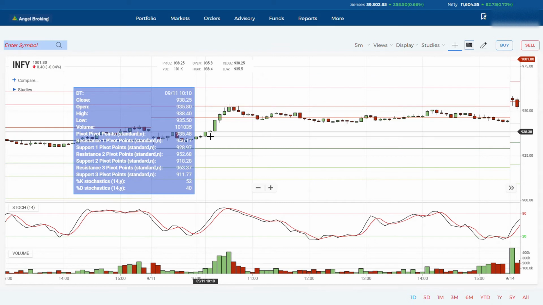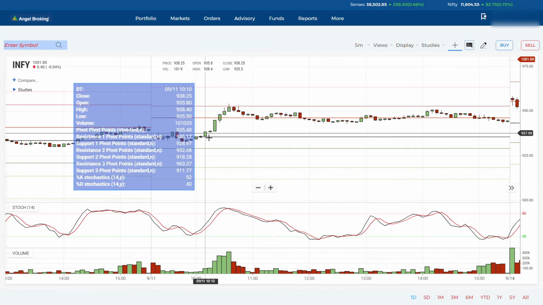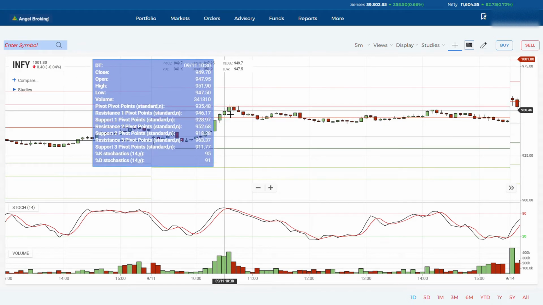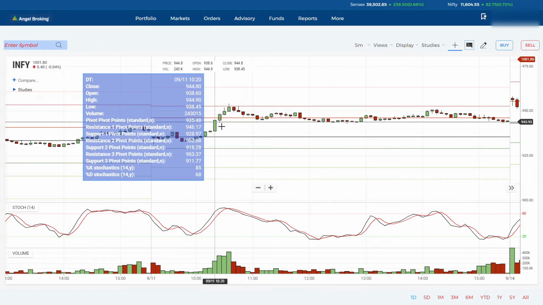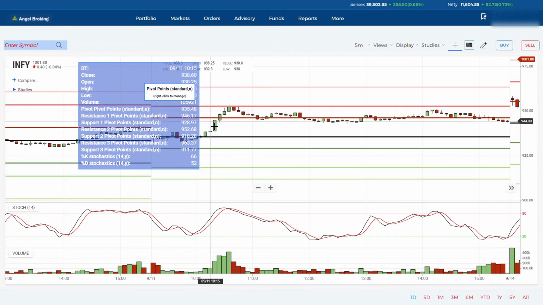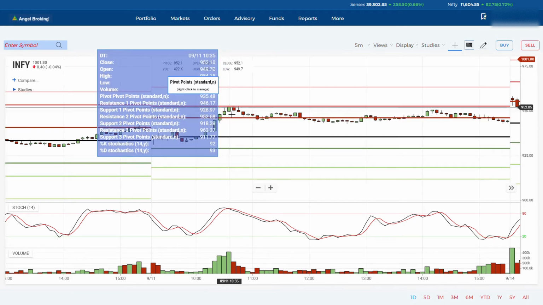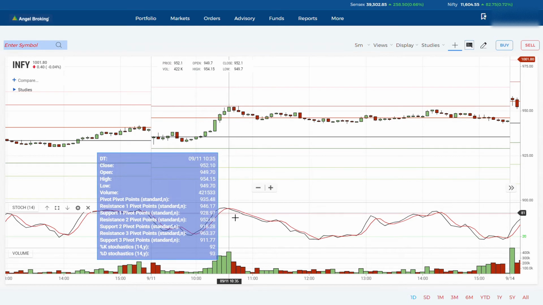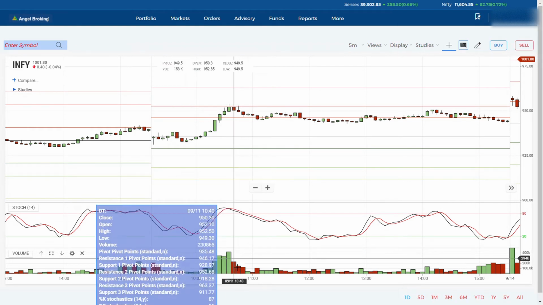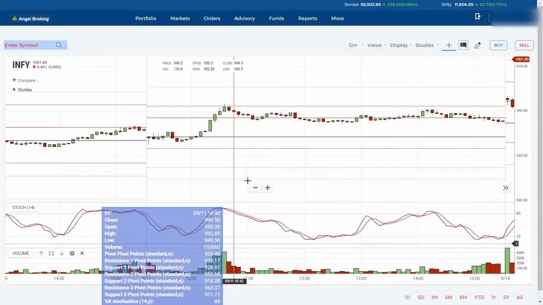Look, even if you enter here, if you go for a long position here, this much profit you can make. That is also a good trade, right? Similarly, it gets a rejection here. Suppose you are not able to take a position here, you are just watching, and you see a rejection happening here, and you are checking the stochastics. Yes, it is going down. It's giving a downtrend signal, and you're checking the volume. Yeah, there are red candles. You can go for a short.